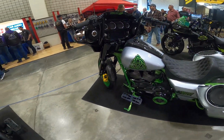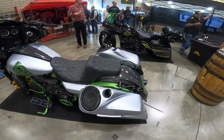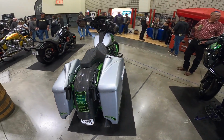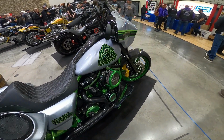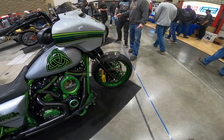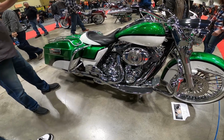Now, this bike I find to be unique and kind of cool in its way. That paint job on the tank is definitely something that stands out. And the green with the gray, it's not a color combo I'm used to seeing. It's pretty cool. A lot of work went into this bike, and I can appreciate that. It's pretty cool. But here's a bike that really